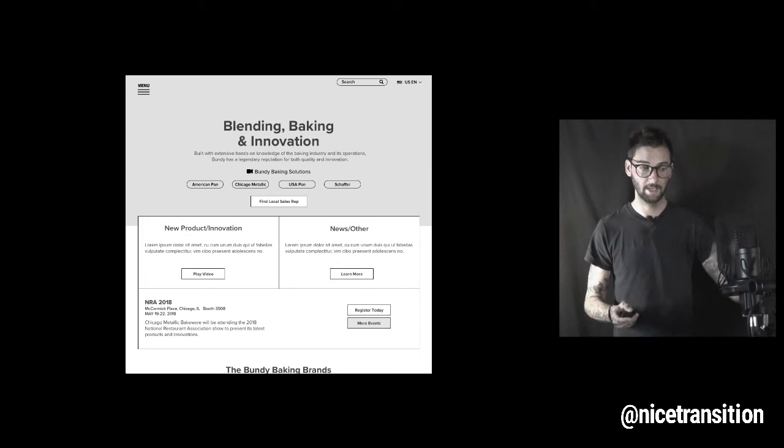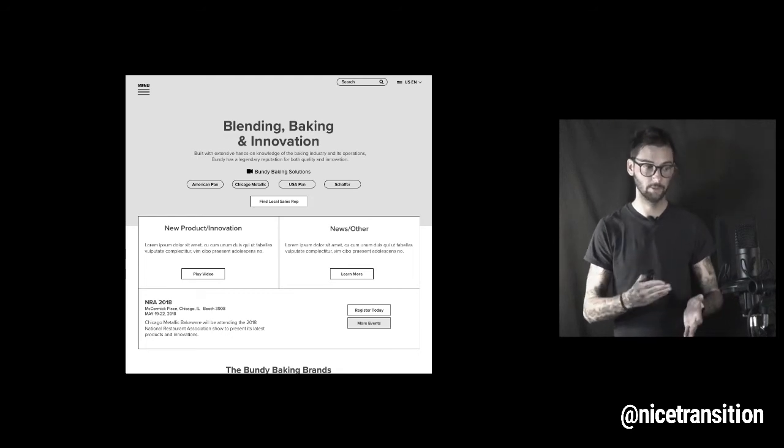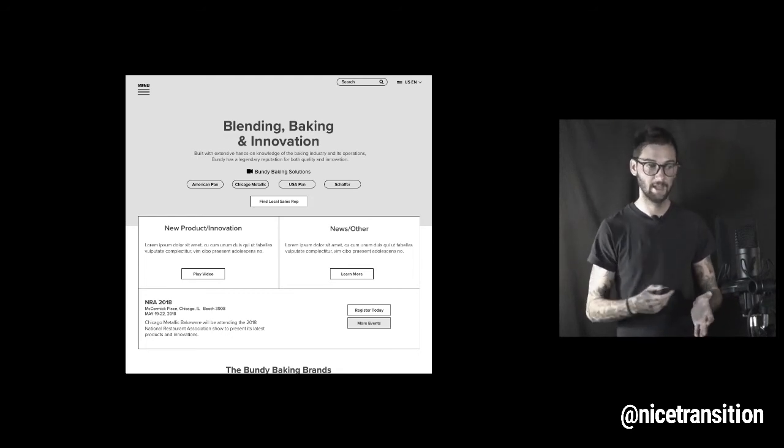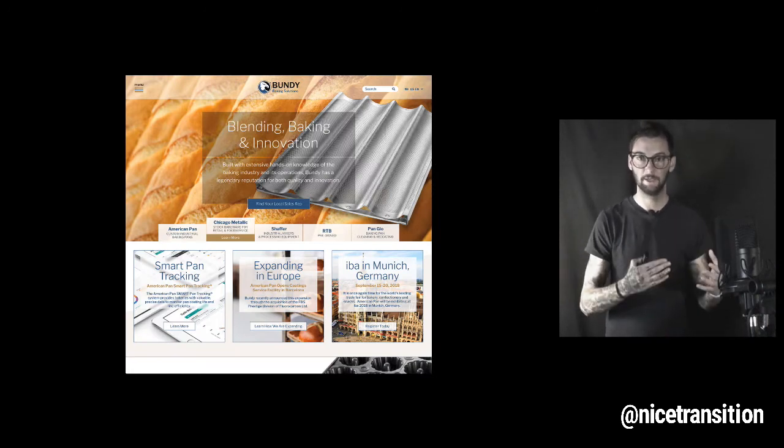the system. So we had these pieces, and then in Sketch you have what are called smart objects, or symbols, and you can take those symbols like this button here that says find a local rep and add a design to it, and then it will cascade throughout your entire Sketch file. So you have this wireframe that isn't throwaway, it becomes a step in the process in the evolution of the